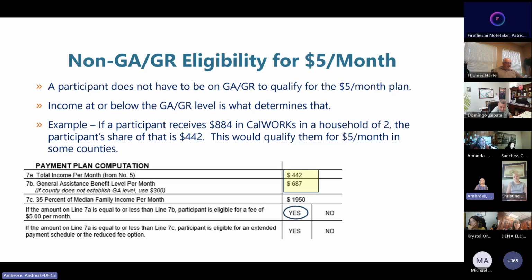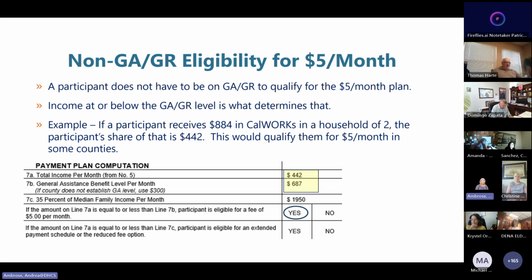So this participant would qualify for the $5 a month plan, even though they're not on GA or GR. The same goes for that benefit letter we looked at from the CalFresh participant. Their income had shown $0, so they also would qualify for a $5 a month plan.